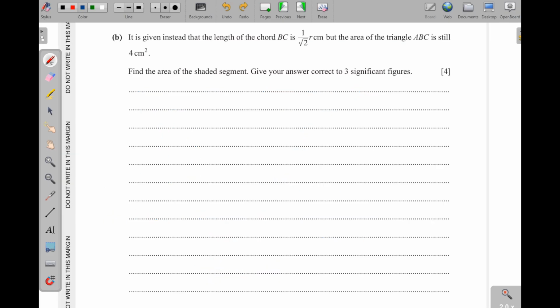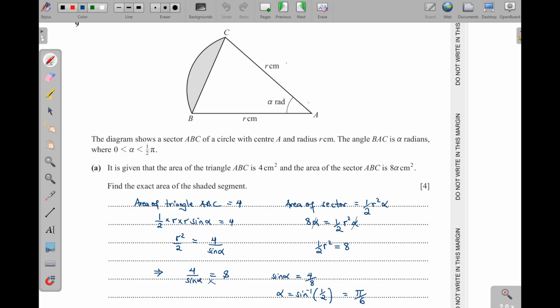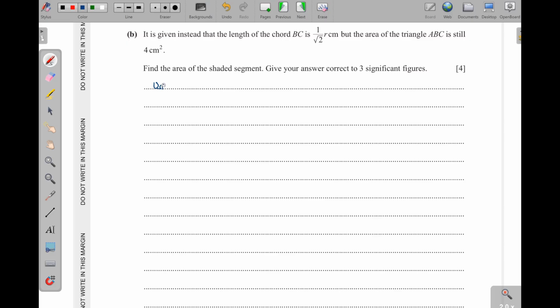Part B, it is given instead that the length of the chord BC is r over root of 2 centimeters, but the area of the triangle ABC is still 4 centimeters squared. Find the area of the shaded segment. Give your answer correct to 3 significant figures. Okay, now when we check here, BC, we know this, and then they are asking for the length of this one here. That means we can use cosine rule. So I can say using cosine rule,